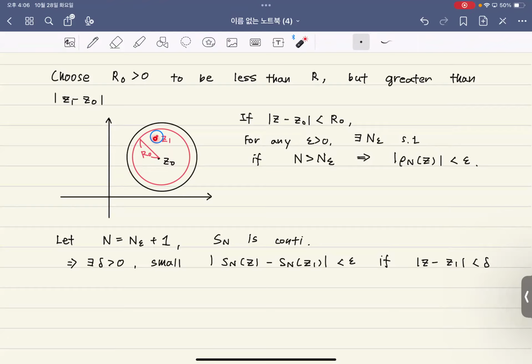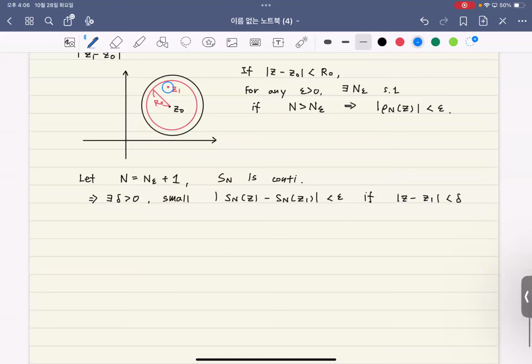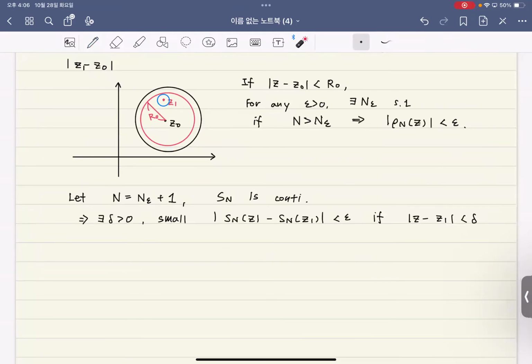So I require that delta to be this small. And likewise, if my delta is this small, then every z inside of this circle must also be guaranteed to be